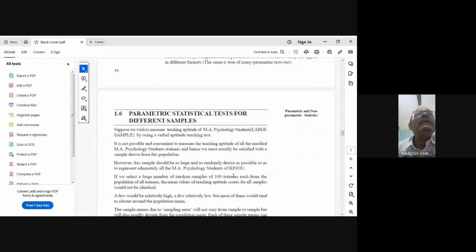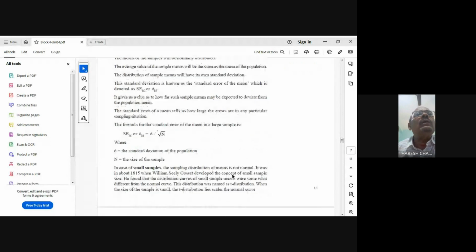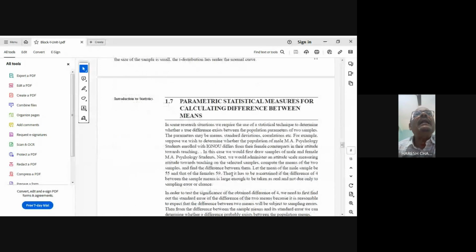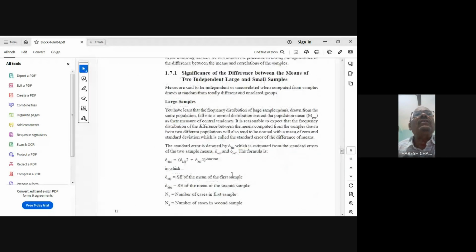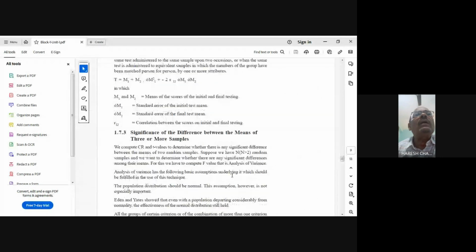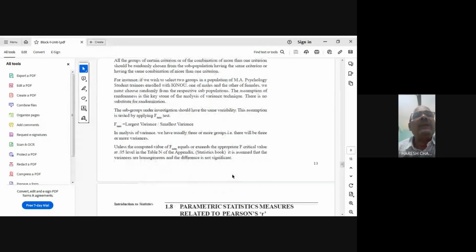Now, disadvantage, parametric statistics for different samples. Parametric statistics we will be discussing later on. And now, for non-parametric statistics, we have to go for different kinds of statistical procedures. And about non-parametric statistics, some important non-parametric statistics are